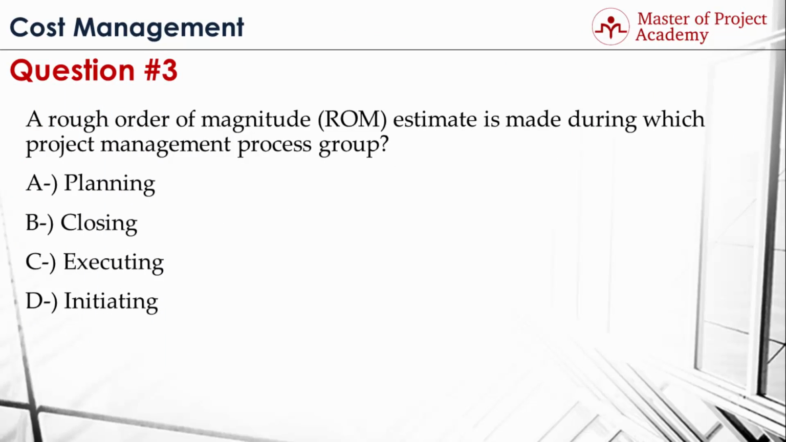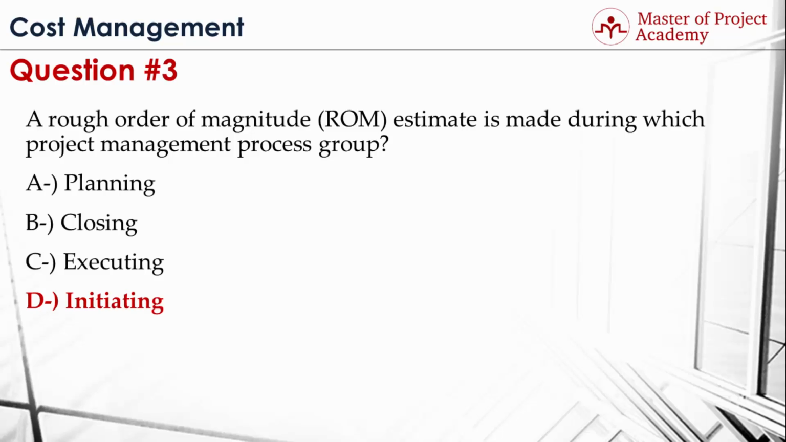Question 3. A rough order of magnitude, or ROM estimate, is made during which project management process group? A. Planning, B. Closing, C. Executing, or D. Initiating. The answer is